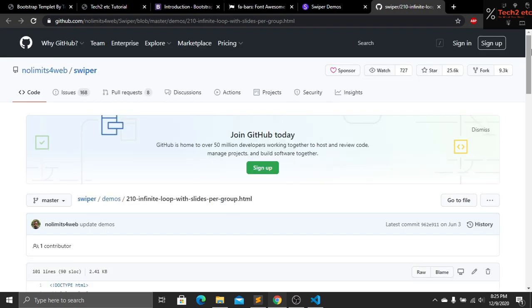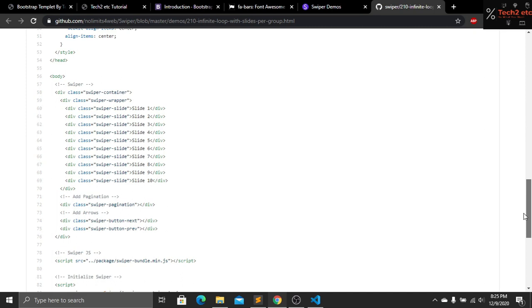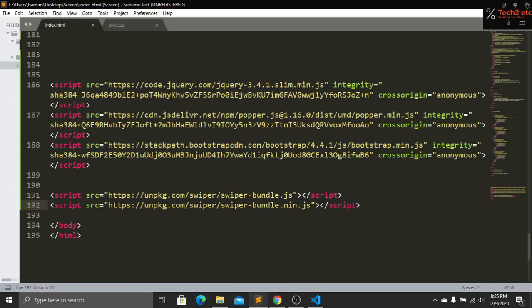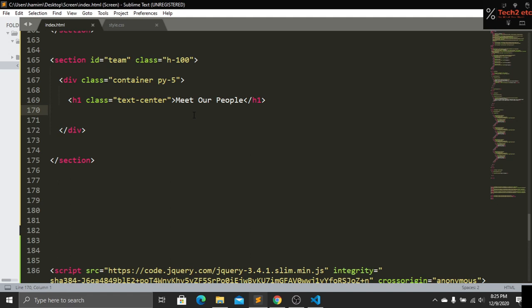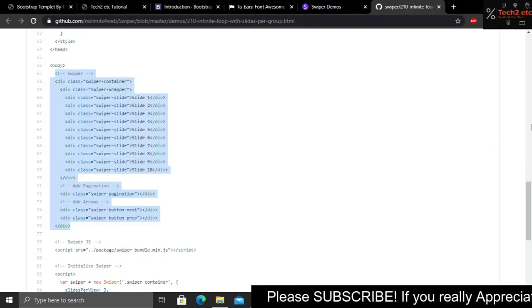So here you can see that we have our source code, and from here we first have to copy this swiper till this one. Now copy, and let's go to our index.html, and go to our team section, and here we have to paste our code. That's it. So after this one, now let's